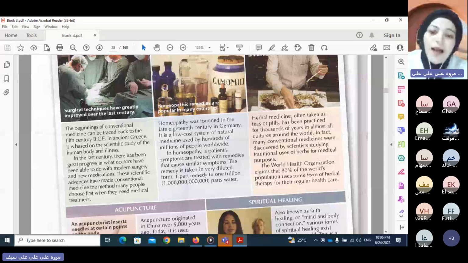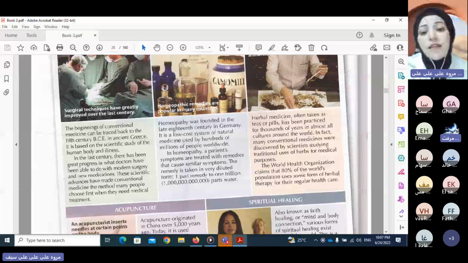By the way, I'll tell you something. I consulted a physician. I consulted two physicians before I came here to explain this passage. I tried to understand it fully, but I couldn't. So I asked the two physicians if homeopathy is alternative medicine. Does it have to do with herbs, as in herbal medicine, or what?